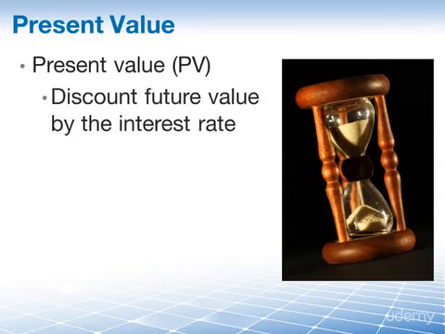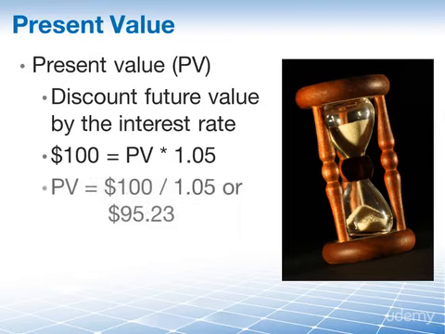If you think about it, you had to discount the $100 future by the interest rate. Let's take a look at the formula here. So the $100 in the future has to be the present value times 1.05. And if we calculate this out, the present value of $100 divided by 1.05 gives you